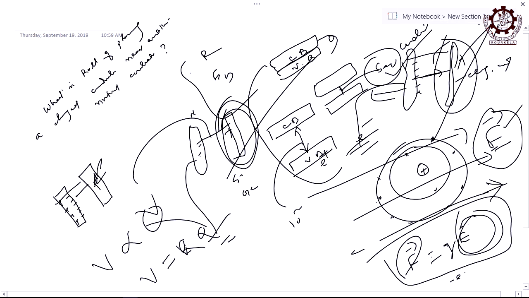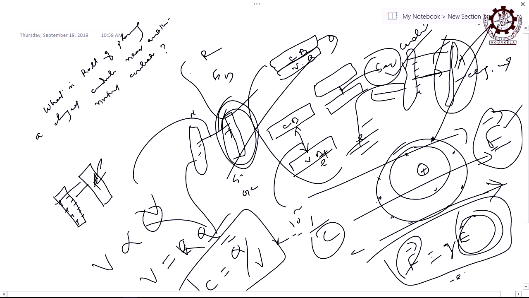Yes, I had better write K. K is a constant; to remove the proportional symbol, you take a constant. Then I can say this K is nothing but equal to 1 by C, where C is the capacity of that conductor or that arrangement. That constant is equal to 1 by C, where C is the capacitance of this arrangement. So now you can say capacity is equal to Q by V.